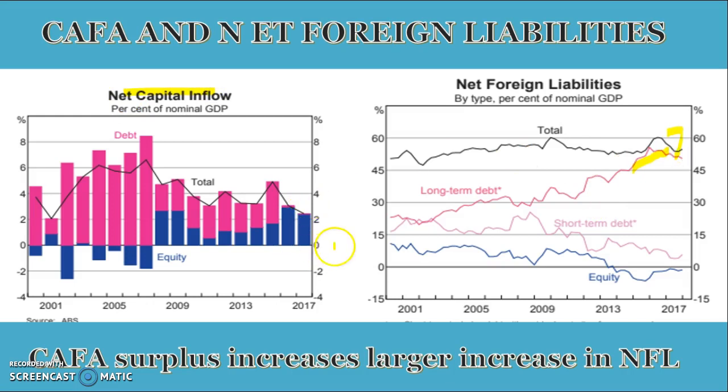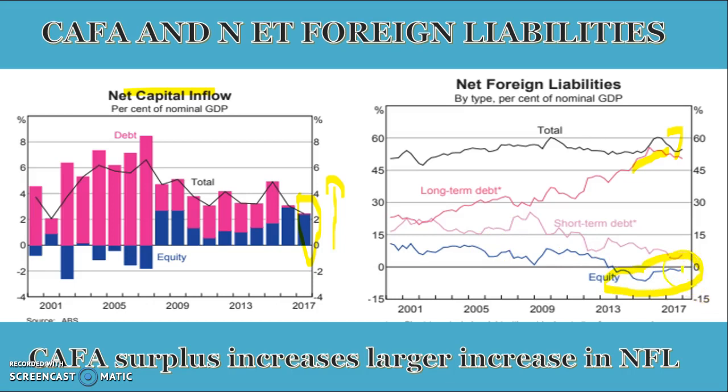So this is always above the 0%. This is just recording what's happening in a given year. And when they are growing, it means we're issuing debt or we're selling off assets, and our net foreign liabilities continue to grow. As you can see, equity makes up a very negligible part of our overall net foreign liabilities,